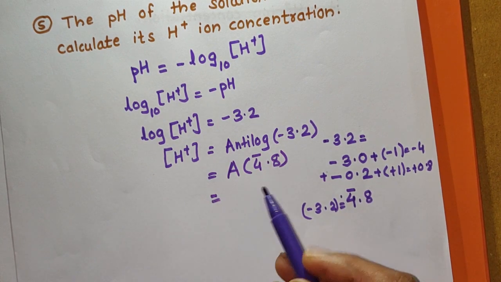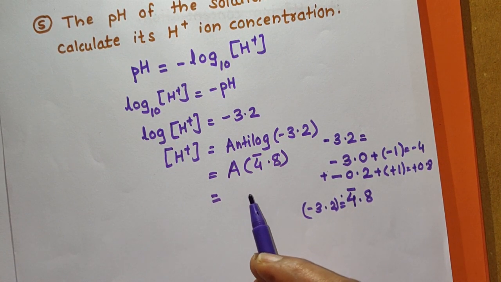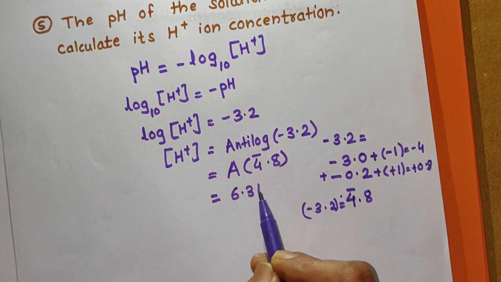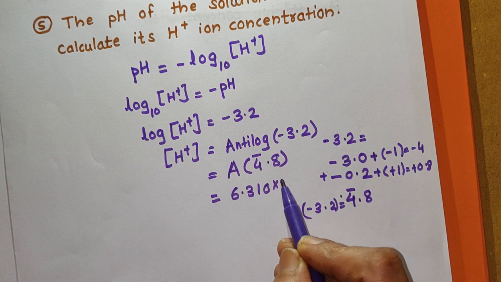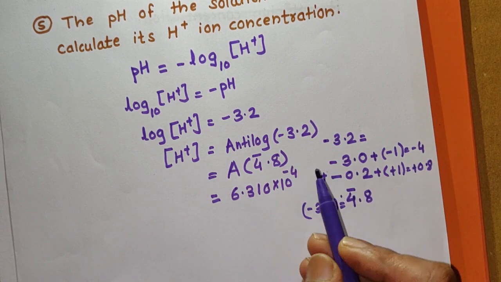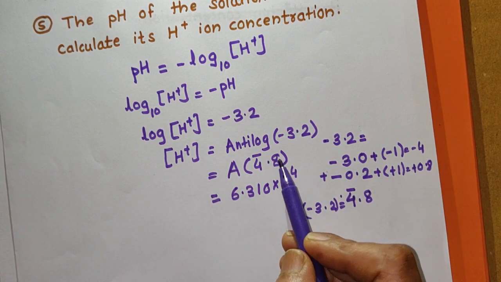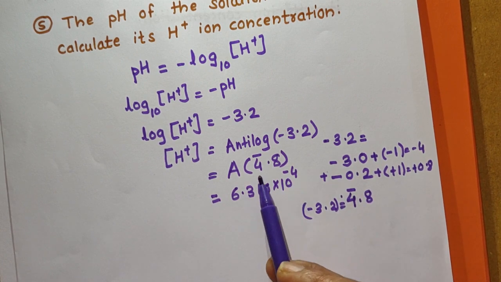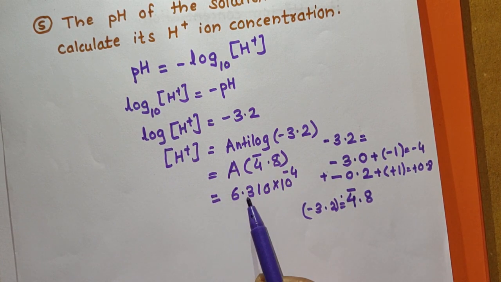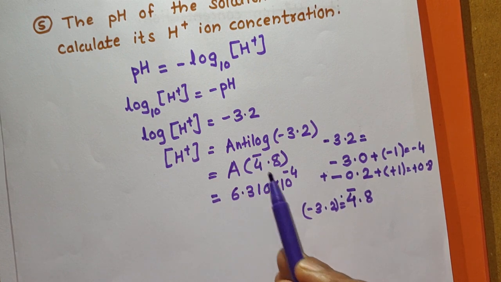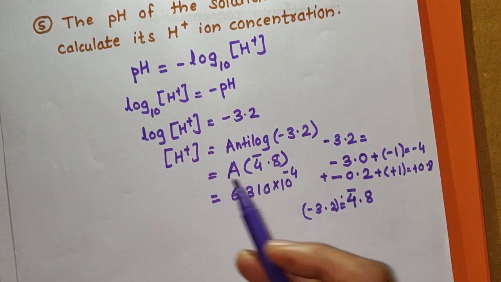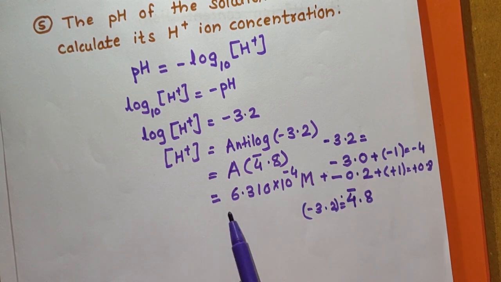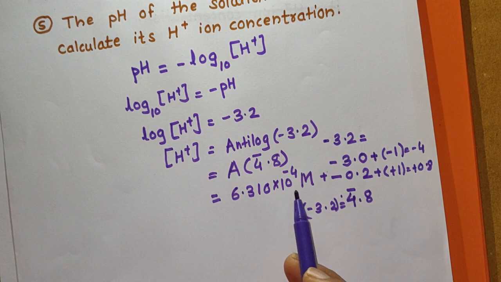So what is the antilog of this number? The antilog, if you see here, it is 6.310 into 10 raised to minus 4. Antilog of 0.80, you have to see, it will be 6310. Now convert this into a standard number, it will be 6.310, and this will be the characteristic, that is 10 raised to minus 4. So the concentration of H plus ions in this solution is 6.310 into 10 raised to minus 4